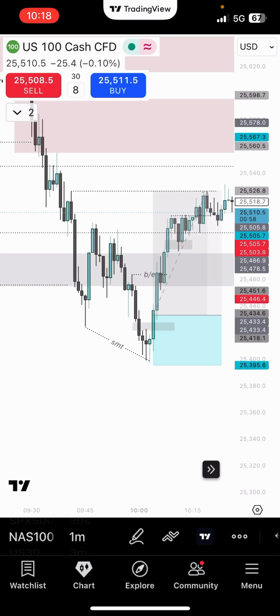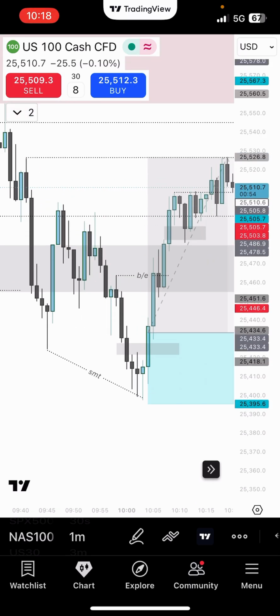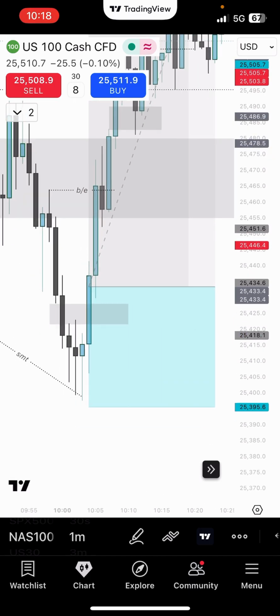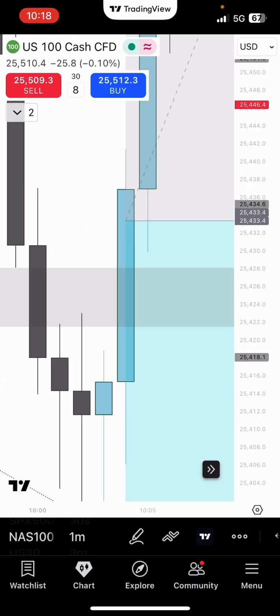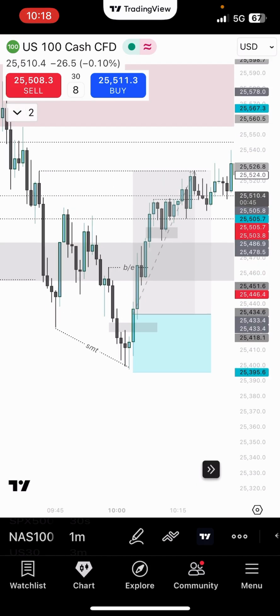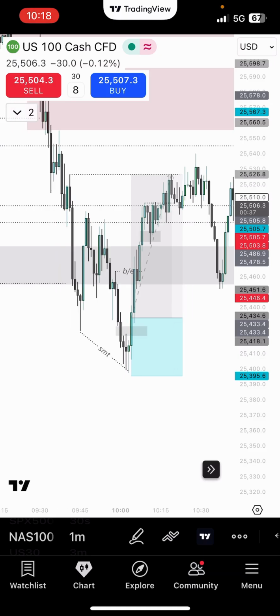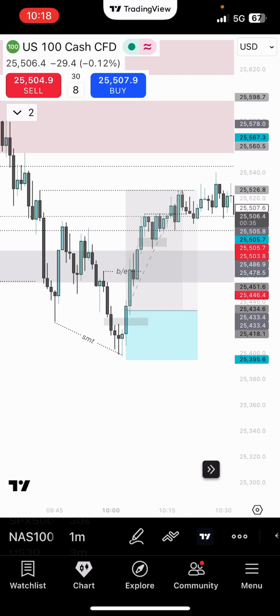So this was the trade. This is the trade recap, very simple and precise. In fact, I just love seeing things like this. This is my setup. And I really hope I continue to see more things like this. So this is all for the trade recap. I'll see you on today's